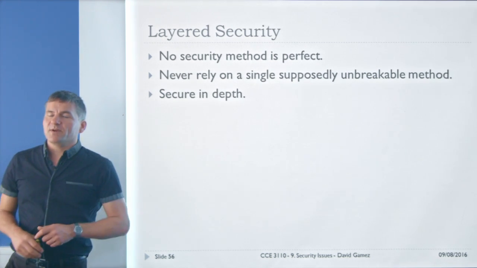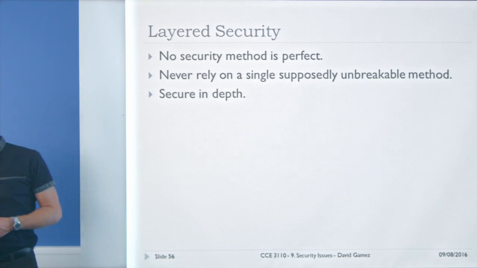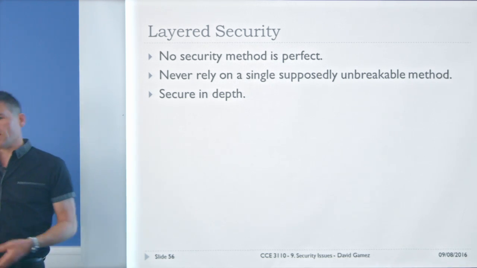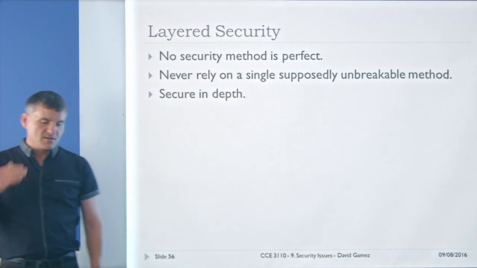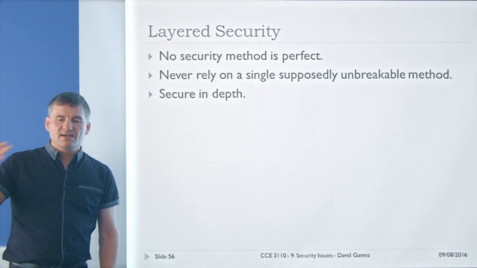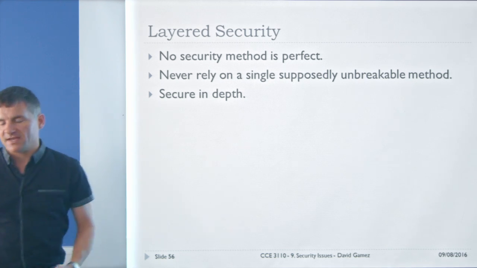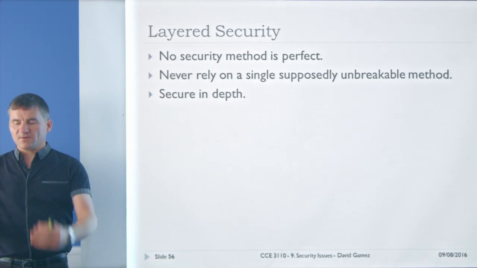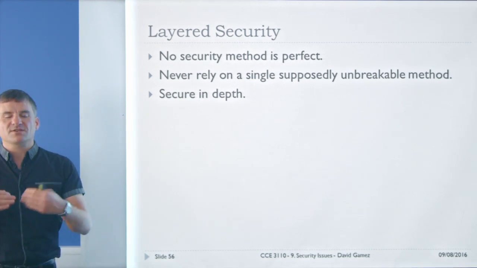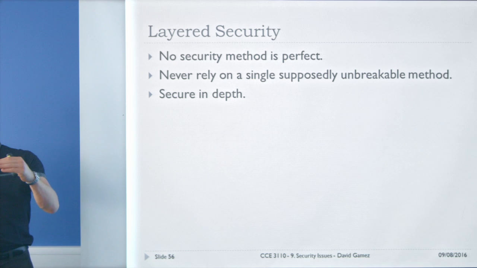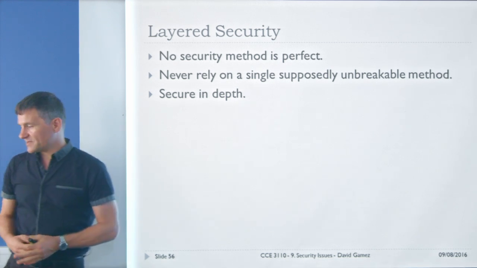No security method is perfect. Someone might tell you that this magic software, this magic firewall, whatever, will work perfectly. That's never the case. You've always got to think in terms of layers and make each layer as secure as you possibly can, so that if the attacker breaks through one layer, then they've got to break through another layer with a different set of technology. Make it hard at every possible layer, and you'll have some kind of viable security.